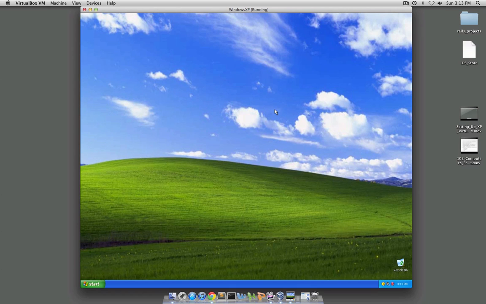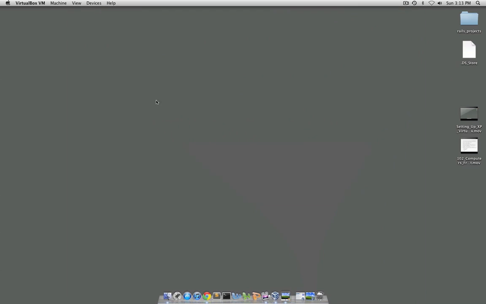The first thing you're probably noticing right out of the box is that we're virtualizing a PC inside of a Mac. So if I minimize this window right here, you'll see we're obviously in a Mac. There's the typical dashboard. You can see just kind of the gray screen and the typical Apple icon up at